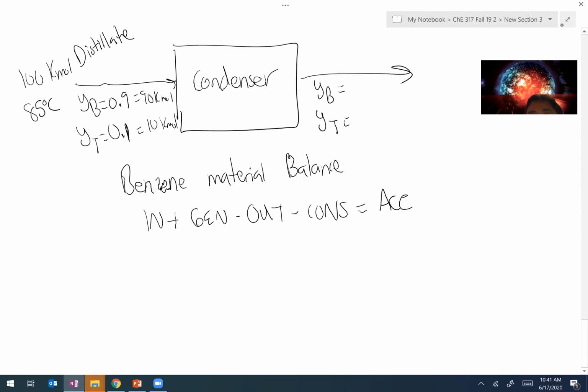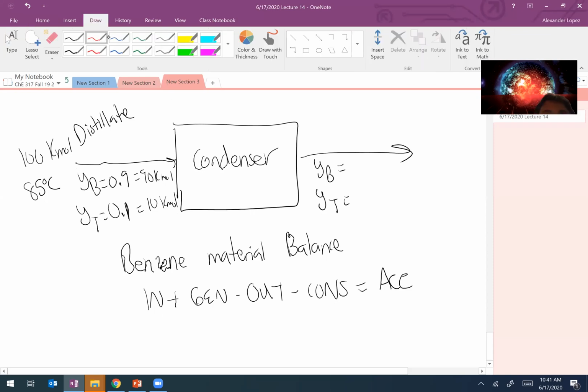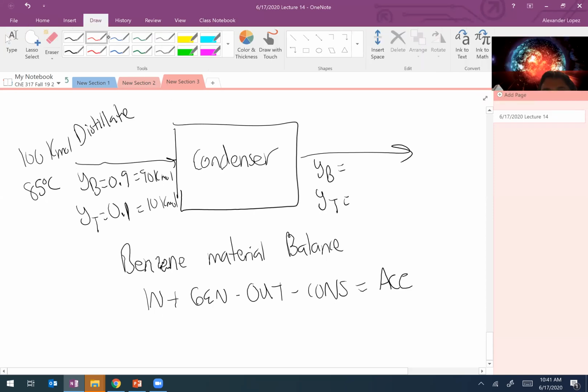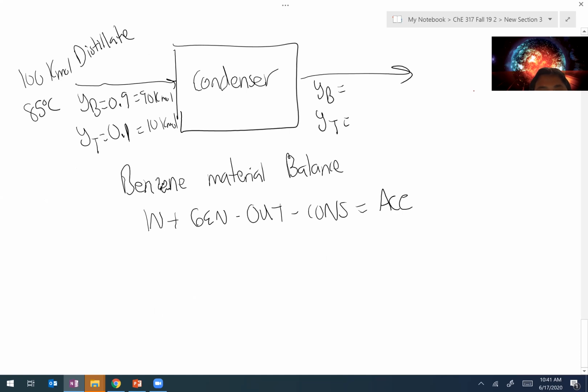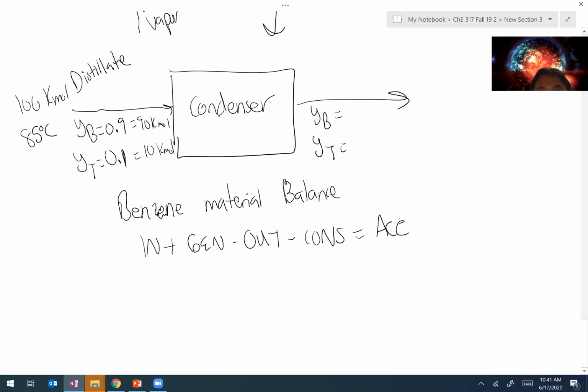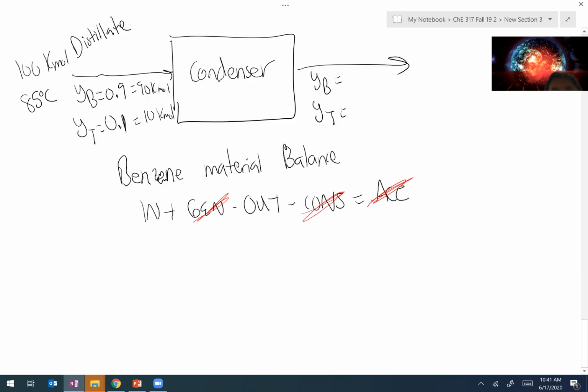Which terms can I neglect? You can neglect generation. Okay, what else? And consumption. What else? And accumulation. That's correct. If I'm assuming a steady state and there's no reactions in this condenser, I'm left with